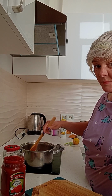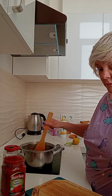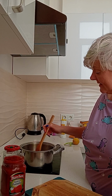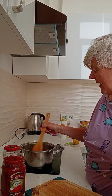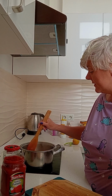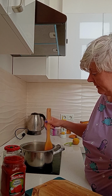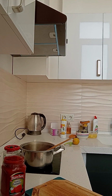I'm playing with the recipe. I found a recipe online for it, but I'm playing with it like I always do. It says oregano, cumin, a little bit of turmeric, and it said smoked or sweet paprika, but given that this is a land that produces paprika, you can only ever find the standard stuff, and even that's not brilliant. So I'm going to go with what I've got, and I found a little secret weapon to give it some more flavour, which is,